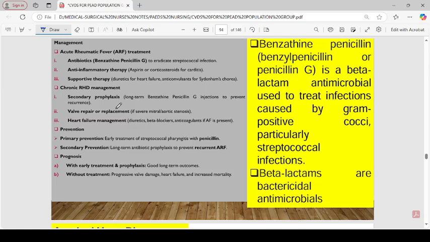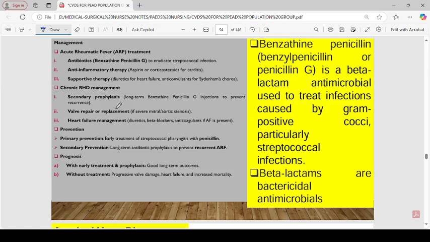We could also use anti-inflammatory therapy, like the use of aspirin and corticosteroid for carditis, and supportive therapy for chronic rheumatic heart disease. Secondary prophylaxis involves long-term benzathine penicillin injections to prevent recurrence. Heart valve repair or replacement if there is severe mitral or aortic stenosis, and heart failure management. So you use diuretics, beta blockers, and anticoagulants if